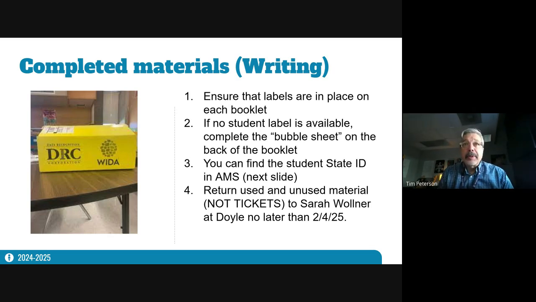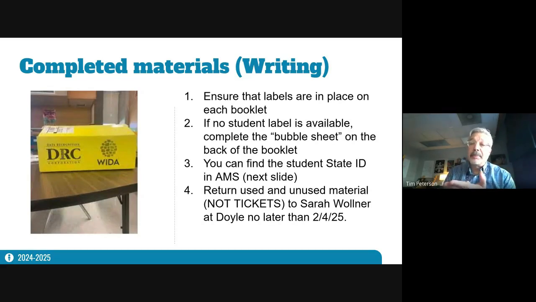If you're returning booklets, make sure that the student labels are in place for each booklet. If you have a label for the student, make sure that it is there. If there is no label, for instance, a newly arrived student, you need to complete the bubble sheet. So the bubbles need to be completed, not just the name filled in the boxes, but all the bubbles filled in.